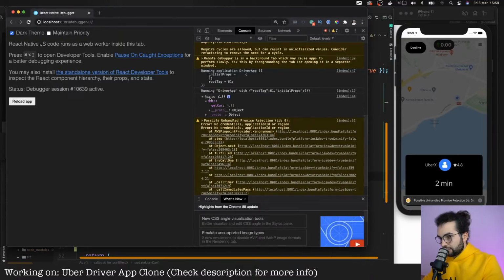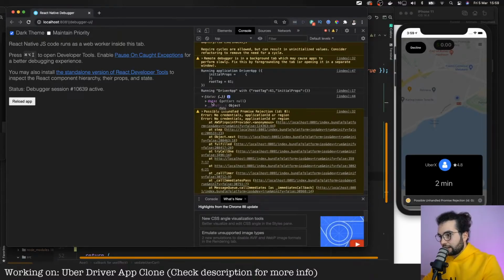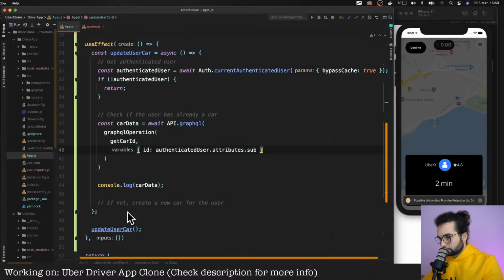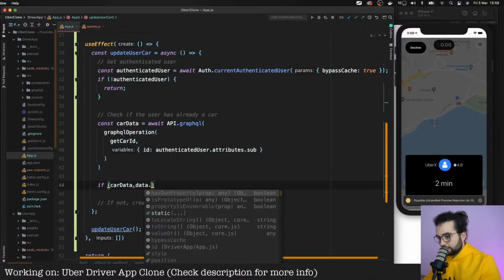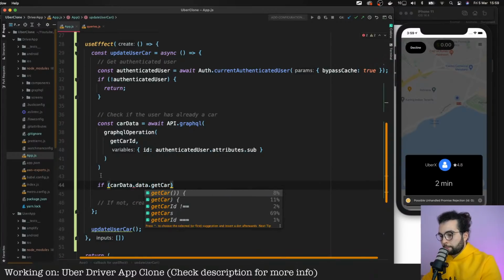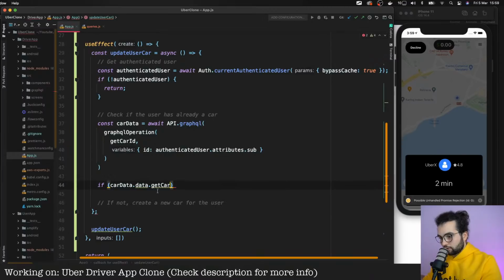So let's check for this data get car, and let's check if it's null. Let's do it like this. Let's again fail first. If car data dot get car is not null, so we leave it like this. If it's true, we can even put double negation sign.